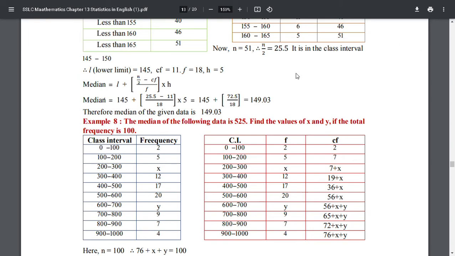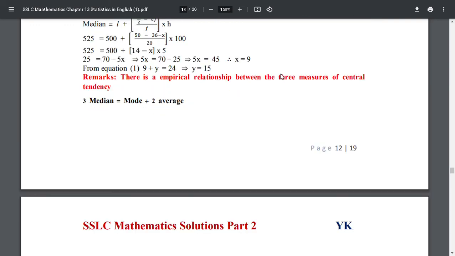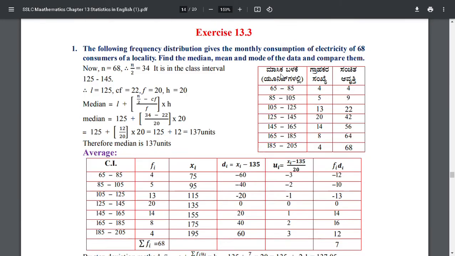Next, we go to the exercise problem. Exercise 13.3, the first problem. The following frequency distribution gives the monthly consumption of electricity of 68 consumers of a locality. Find the median, mean, and mode of the data and compare them. See here, now, in the table,